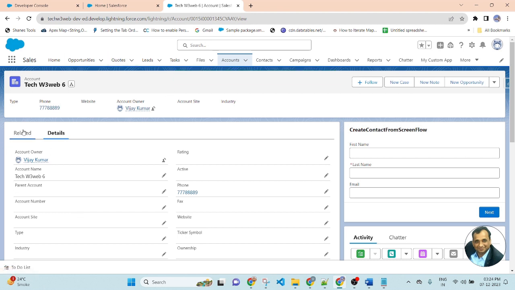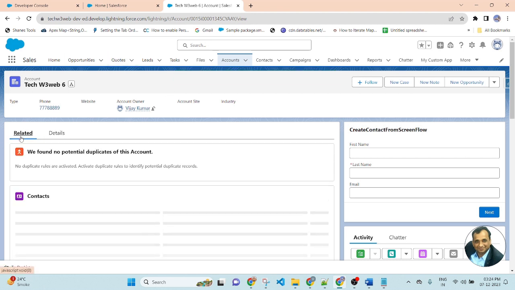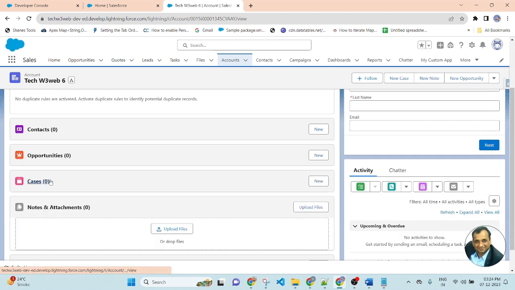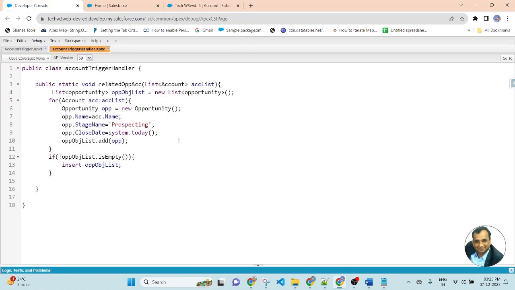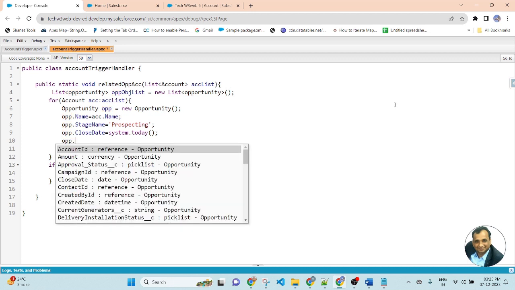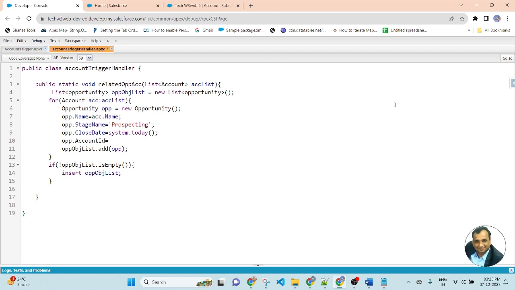Now go to the related list of the account. Here you will get opportunity. The opportunity was not created because I left out the account ID. If you go to the account trigger handler, here I am missing the account ID, because opportunity has the account ID, which is a lookup field between opportunity and account. So here I need to add the account ID: opp.AccountId equals acc.Id.